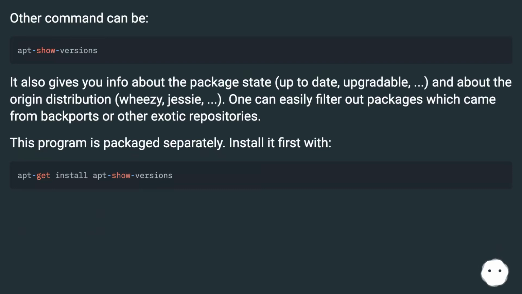Another command can be used. It also gives you info about the package state, up-to-date, upgradable, and about the origin distribution. One can easily filter out packages which came from backports or other exotic repositories. This program is packaged separately. Install it fast with